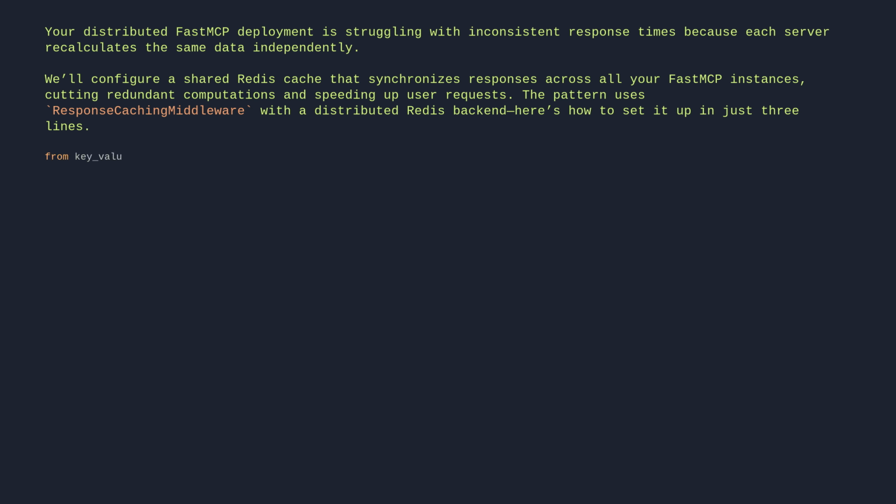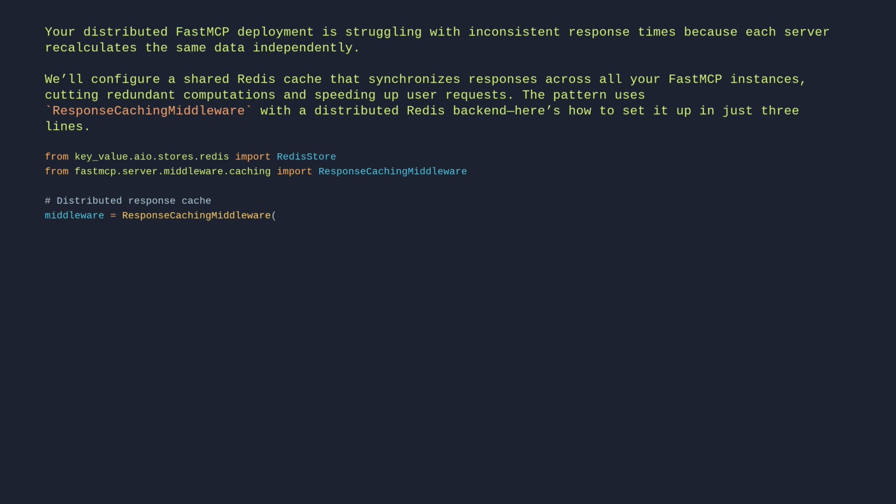from key_value.aio.stores.redis import RedisStore, from fastmcp.server.middleware.caching import ResponseCachingMiddleware. # Distributed response cache. middleware = ResponseCachingMiddleware(cache_storage=RedisStore(host="redis.example.com", port=6379))